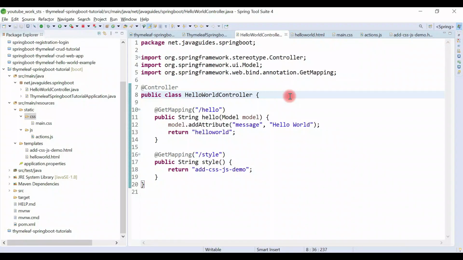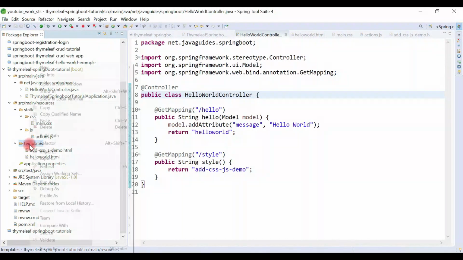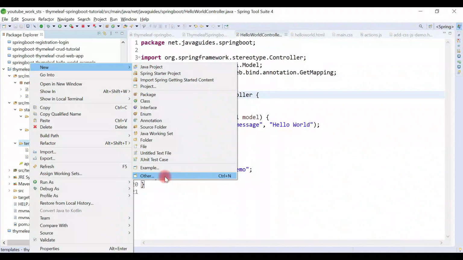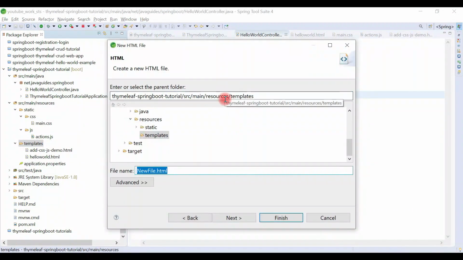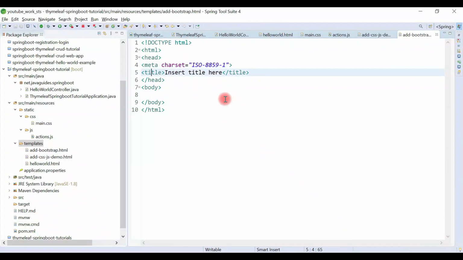Alright, great. So let me quickly create Thymeleaf templates under templates folder. Right click on templates folder, new, and then choose other, and then HTML file, and let's give a file name as add bootstrap .html, something like this. Okay, just replace the title over here, and let's give title as add Bootstrap to Thymeleaf, something like this. Okay,